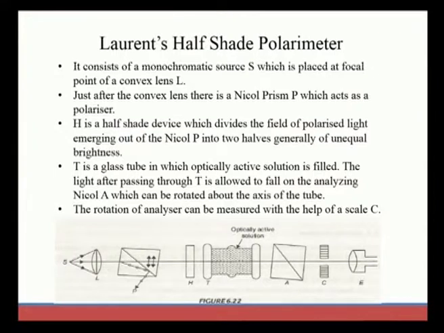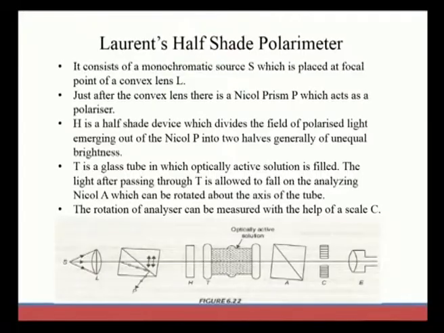So, next we move on to the Lorentz half shade polarimeter, which is used to measure the angle of rotation produced in polarized light. It consists of a monochromatic source, S, which is placed at the focal point of a convex lens, L. Just after the convex lens there is a Nicol prism,